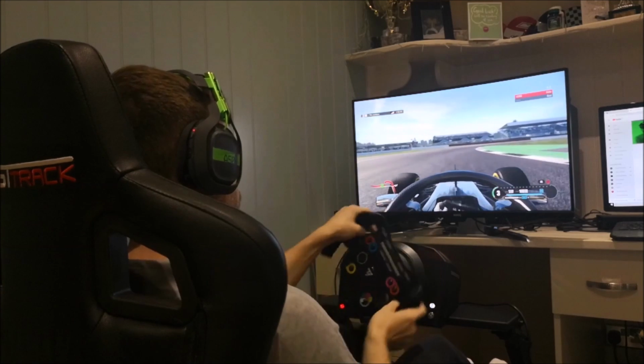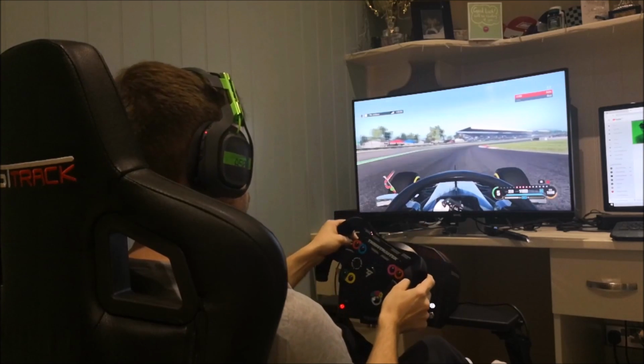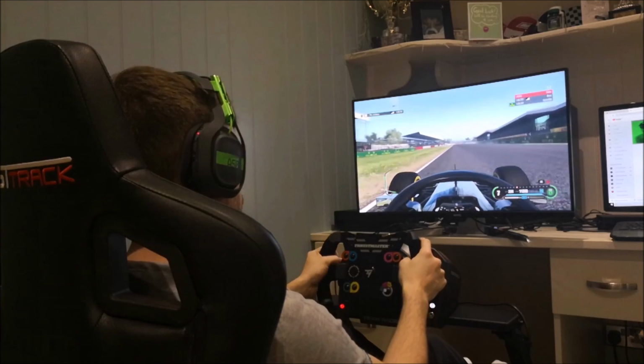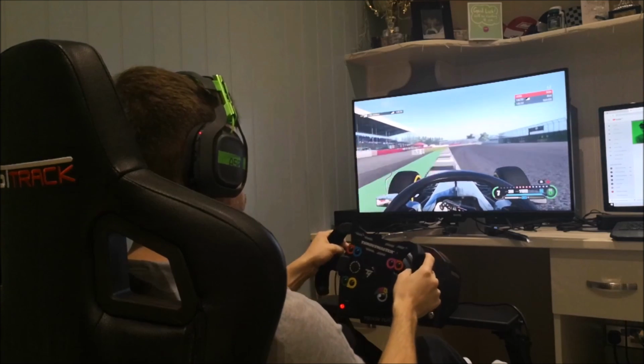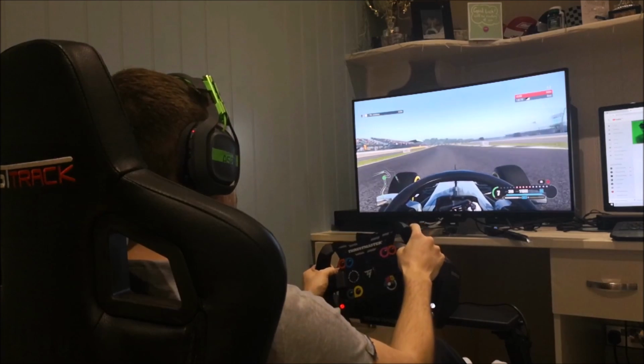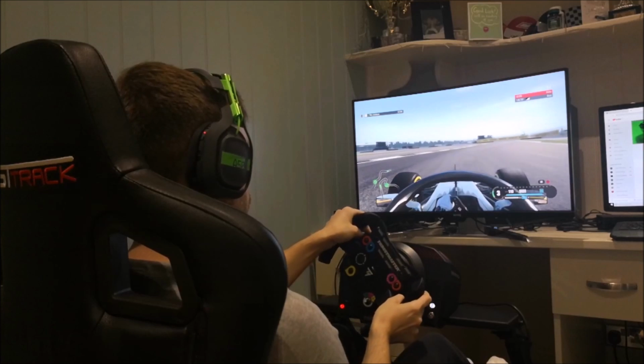And some people may not like the colors popping out extremely like that, but there are many different options on this monitor where you can change the settings and everything. But for me, it just creates so much more immersion. The curvature of the monitor itself gives a much more lifelike, more realistic feel,